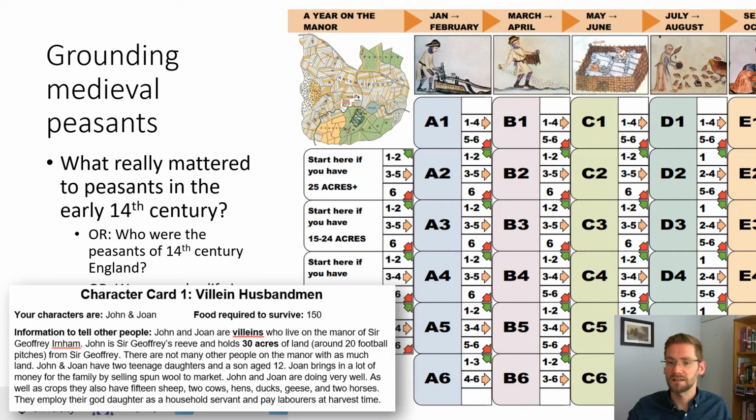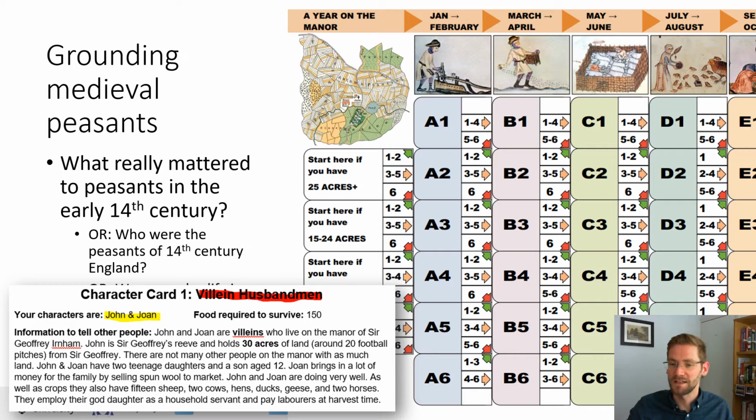So one of the characters here, they work in teams, so they have a group of 4 working together. And this is character card number 1. It's a husbandman, a villein husbandman, so we are focusing on that idea of land status being important here. I've got them as a unit, so it's John and Joan, and they are villeins who live on this fictional manor. And yes, of course they are fictional, because I don't have great sources of information about medieval peasants,